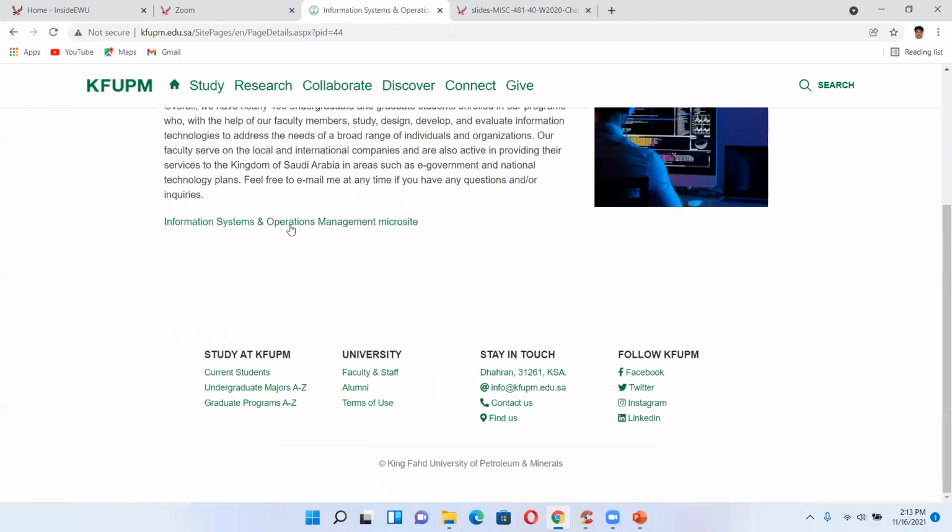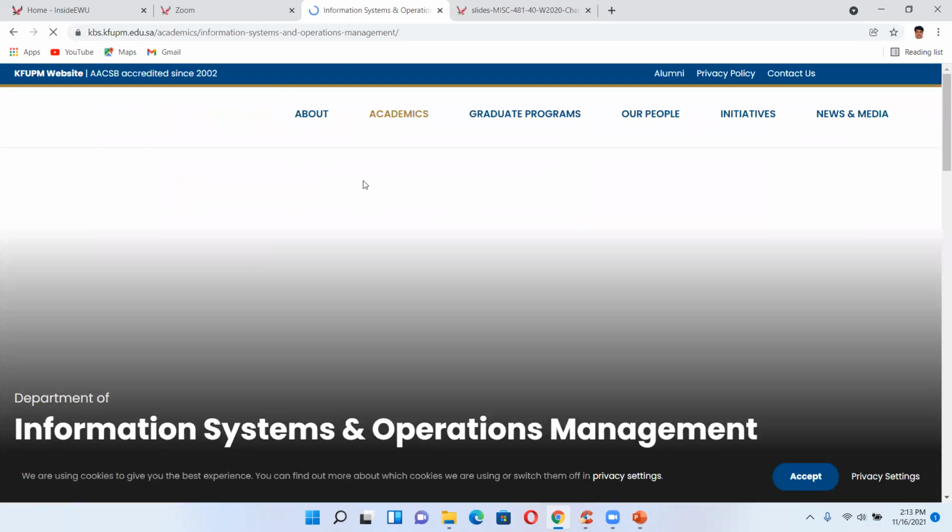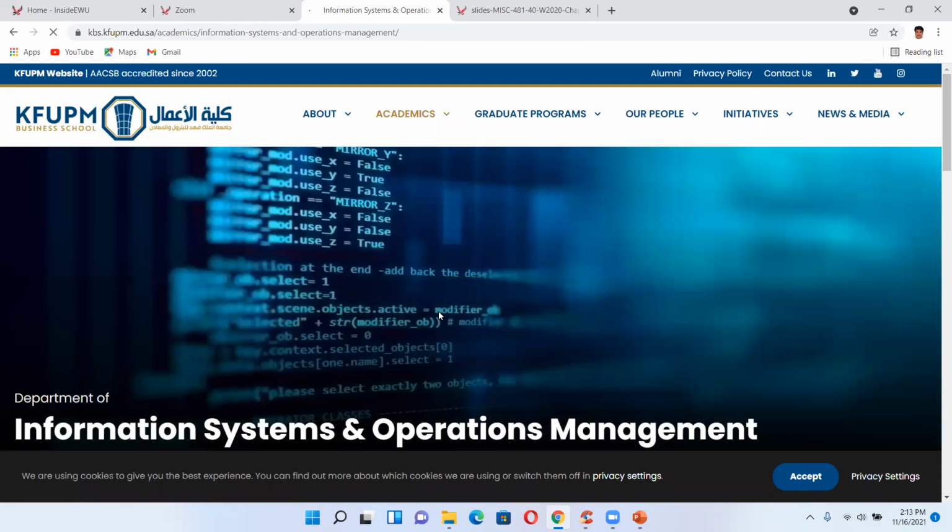Basically I can navigate through, even if the university is in Chinese or another language, because this is my user interface, and I'm just clicking on this, giving the input in terms of a click, and I'm getting the output in terms of the page which I need.